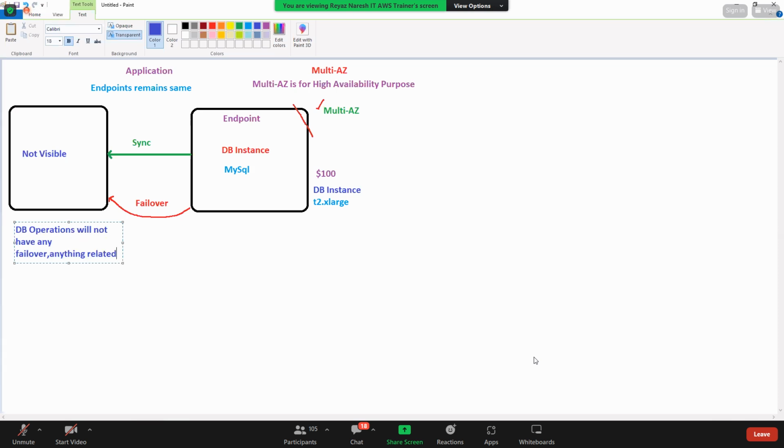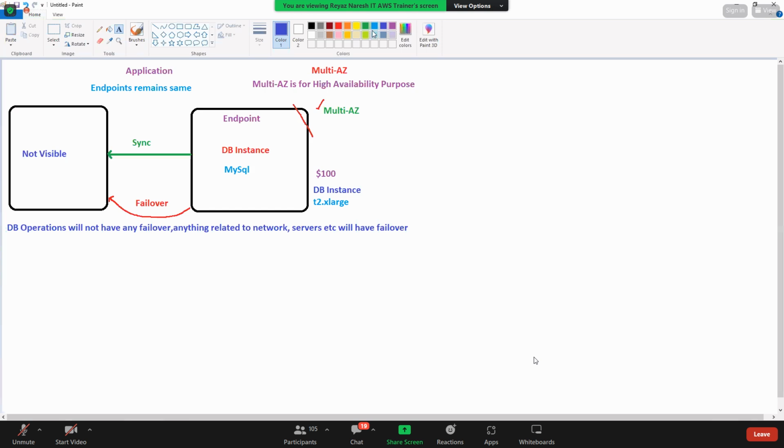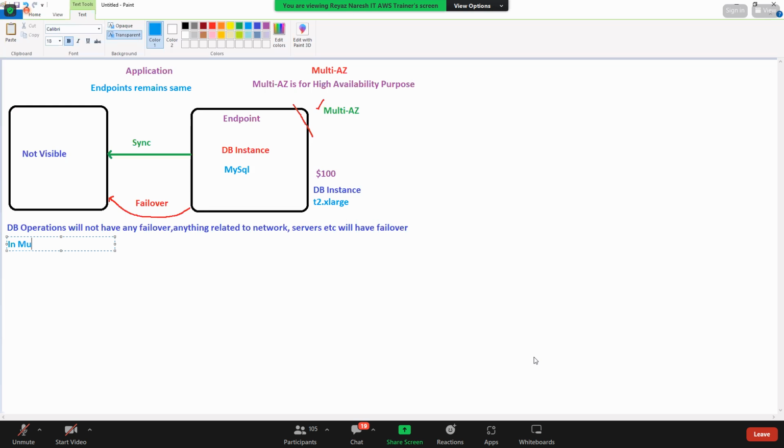Anything related to network, servers, etc., will have failover. You got this? So in multi-AZ, do endpoints remain the same or different? In multi-AZ, endpoints will not change after failover.